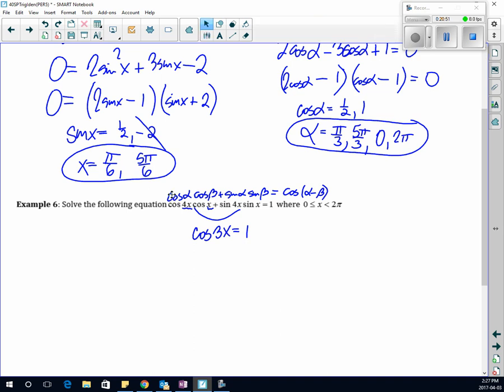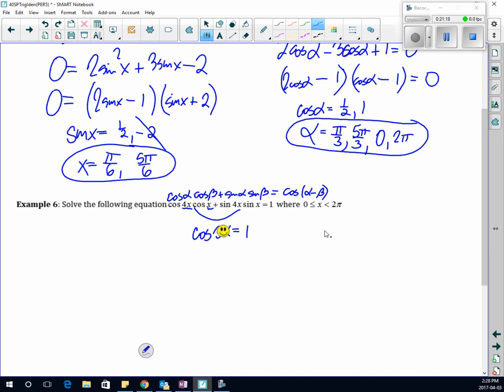This is why I have this handy-dandy little thing I called the happy face. Remember the happy face? Oh, you missed that class. Well, this is because everybody wants to divide by 3 right away, and I'm saying no, no, no, no, no. It is attached. So the first thing you have to do is find where cos of happy face is equal